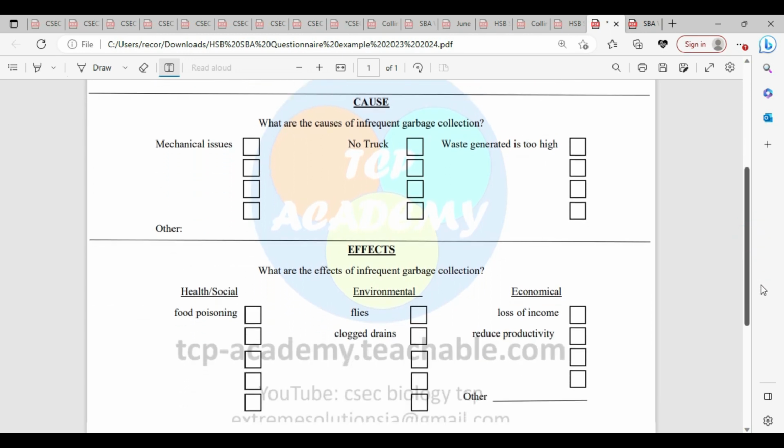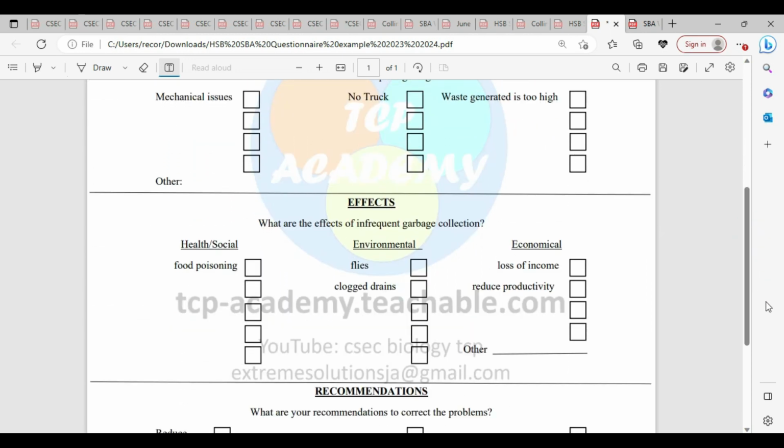Now, when we get on down to the effects, the effects should tell you about the impact of the problem that we are looking at. So here, what are the effects of infrequent garbage collection? We're looking at it in terms of social or health issues, environmental, and economical. Now, when you go back to your